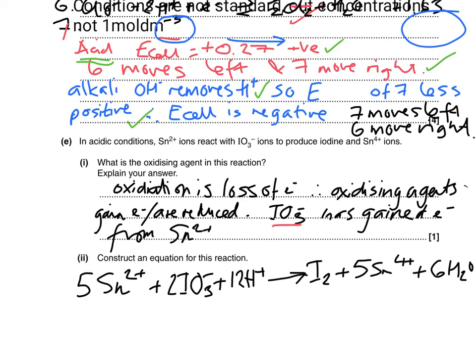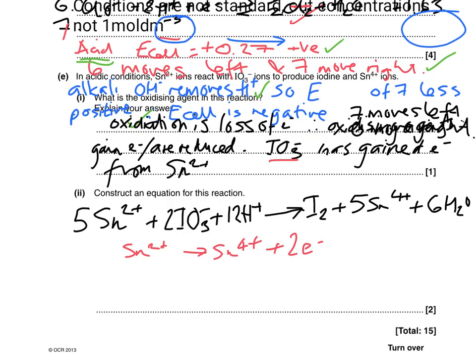So to be able to do this, you write your 2 half equations. You know that this is going to this. Okay, so this is the easier one to balance. Just moved it up to give myself a bit more space. With the iodate,